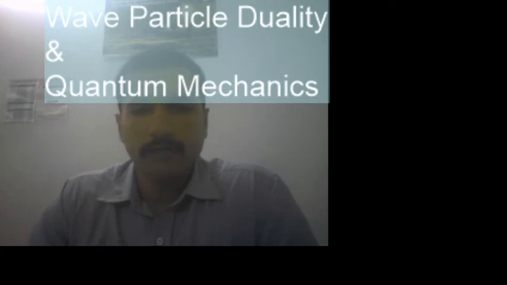So in the last session we discussed the basics of particles, the Bohr model and its postulates, and we also saw the various series like the Lyman series, Balmer series and Paschen series. We also saw the limitations of the Bohr model, why it fails to represent higher atomic numbers. And that is why we are going to see in this tutorial the wave particle duality, because